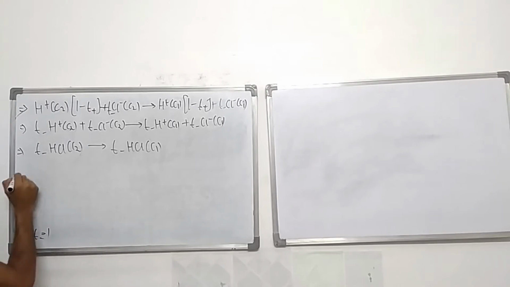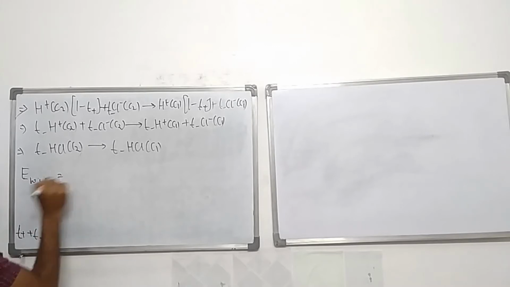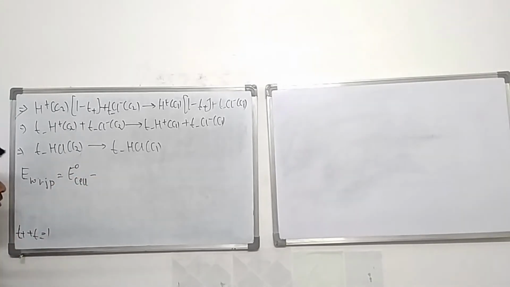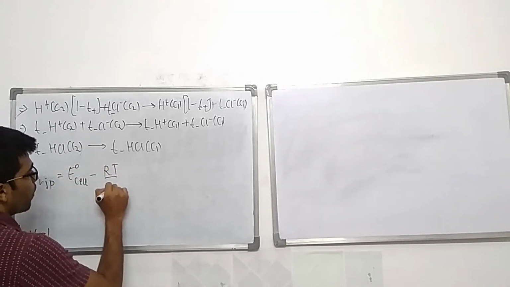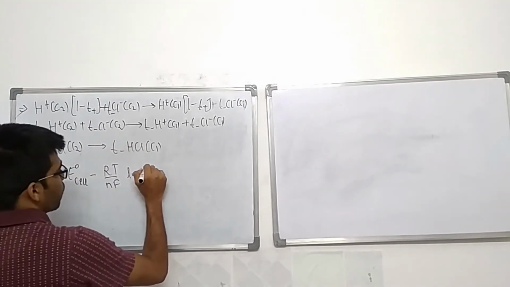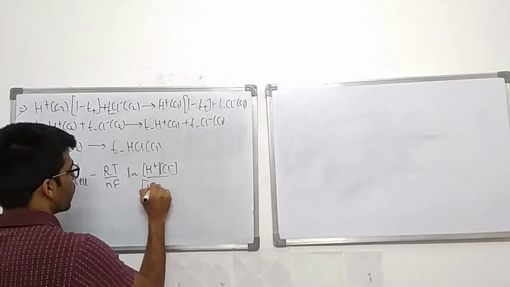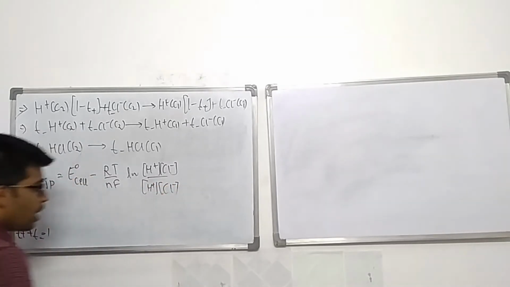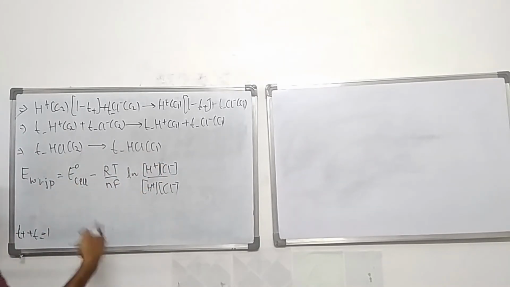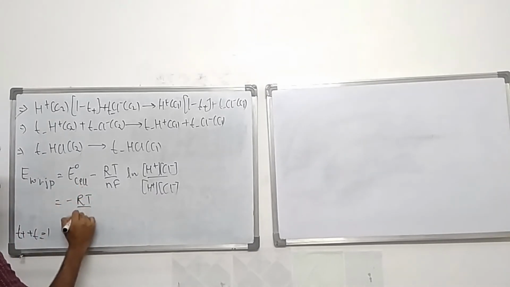Now how would I find the potential? So I'm finding the potential with liquid junction. So this would give me E naught cell minus RT by NF ln. Now in the product side I have H plus and I have Cl minus, and the reactant side also I have H plus and Cl minus. The difference between the reactant and the product side is that their concentrations are different. Now E naught cell for a concentration cell, as I told you, is 0. So I am left with minus RT by NF